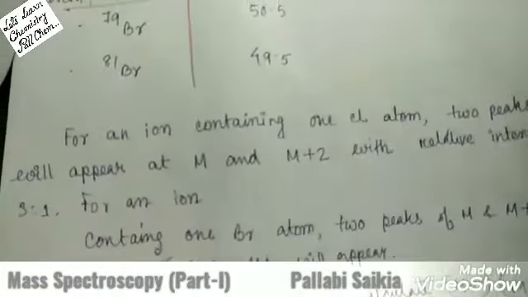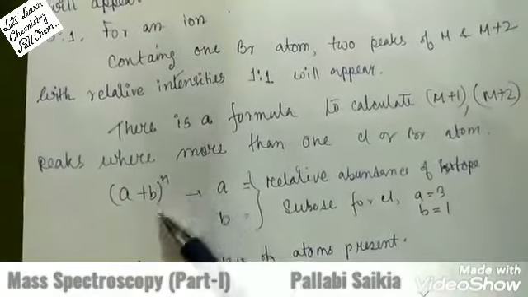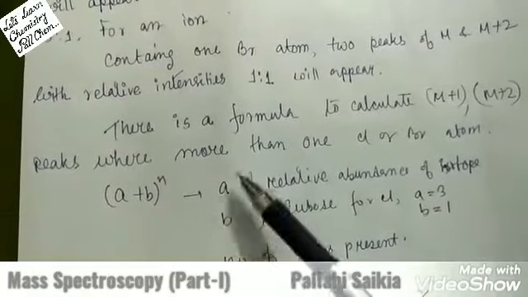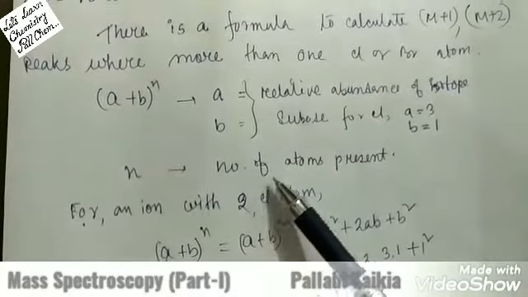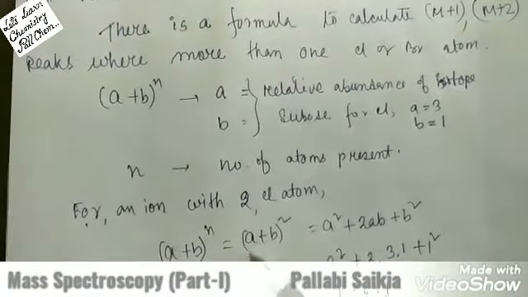It will be expressed in a binomial expression, that is (a+b) to the power n, where n is the number of atoms present and a and b are the relative abundances of the isotopes. Suppose for chlorine, a equals 3, b equals 1. For an ion containing 2 chlorine atoms, it will be (a+b) whole square, a² + 2ab + b², that is 3² + 2×3×1 + 1². We put the values of a and b here, and we get the ratio 9:6:1. That means the ratio for M, M+2 and M+4 is